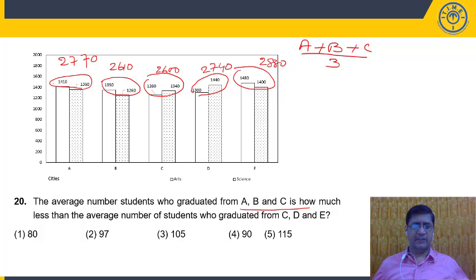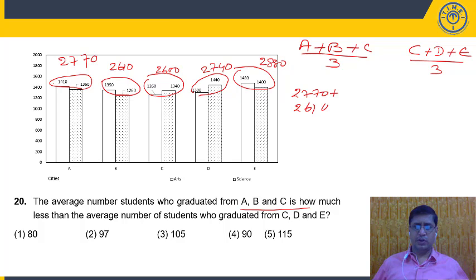The average of ABC and the average of CDE. Now the average of CDE is by 3. So what we need to find? How much it is less. Now just look at the ABC. ABC means 2770 plus 2610 plus 2600. The sum of these values is equal to 7980,